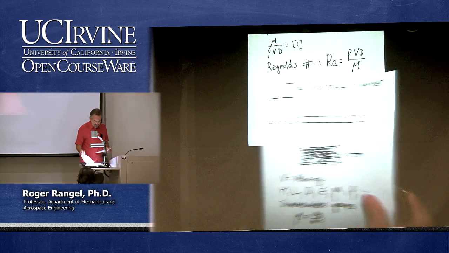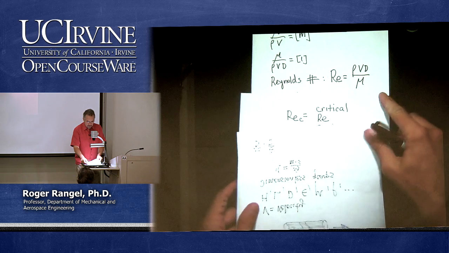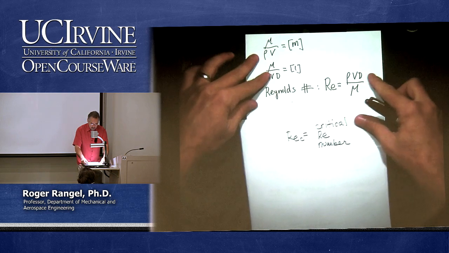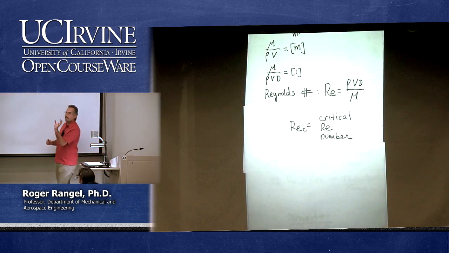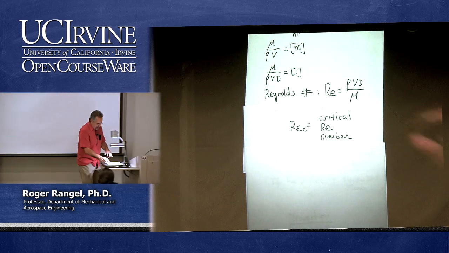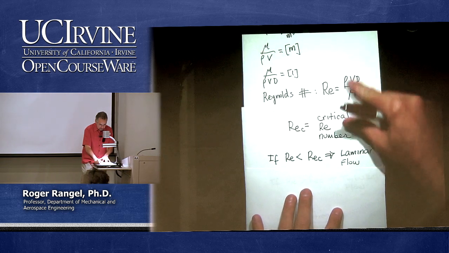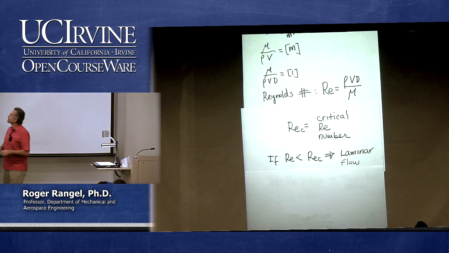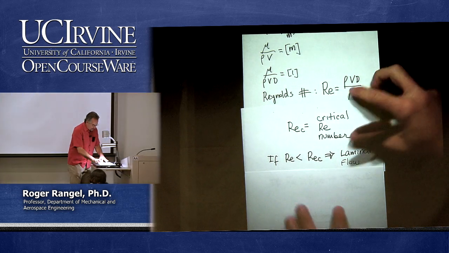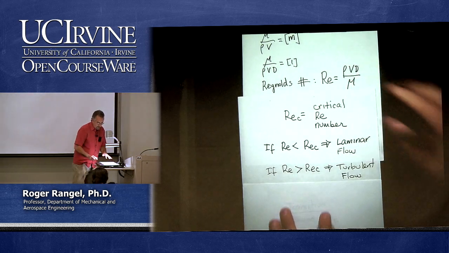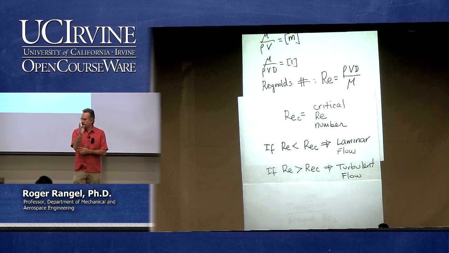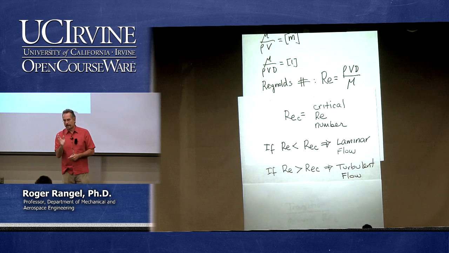So we can in fact say, here on a different page, that there is what we might call a critical Reynolds number, some value of the Reynolds number, such that if I am below that value, the flow is laminar. We saw the nice and smooth streamlines. But if I am above, the flow is turbulent. That's a simplification of the story, because we're saying there is a critical value, and below that it'll be laminar, above that it'll be turbulent.